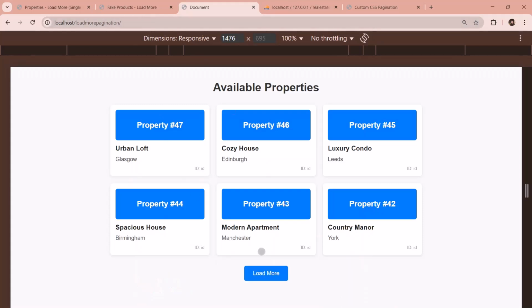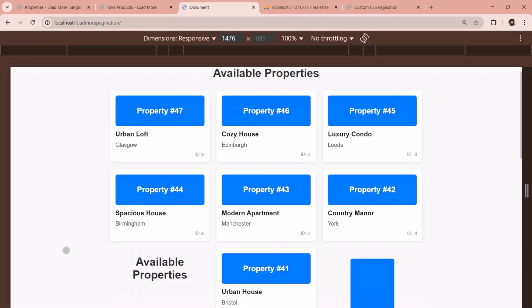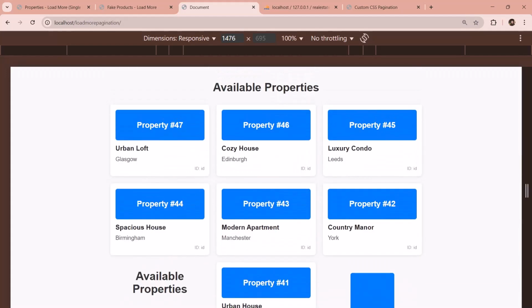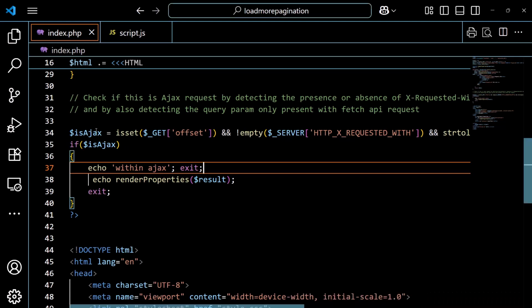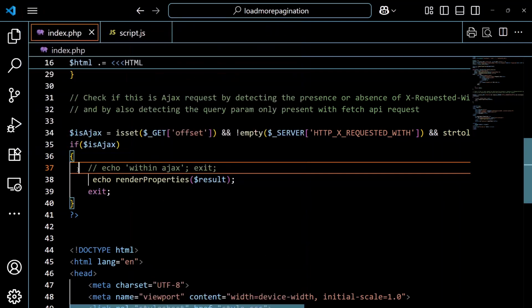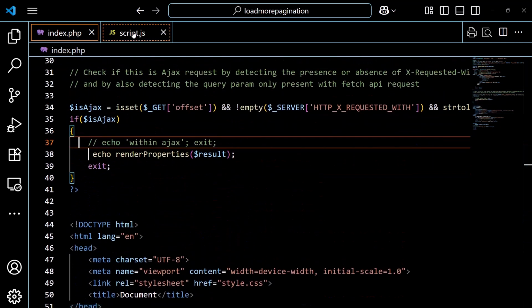Refresh. Let's click on load. Okay, so this Ajax part is not executing. This one. So we are never entering over here. Let's comment this out. So is Ajax is a variable. We are setting if isset GET offset. If this is, let's verify if this is the